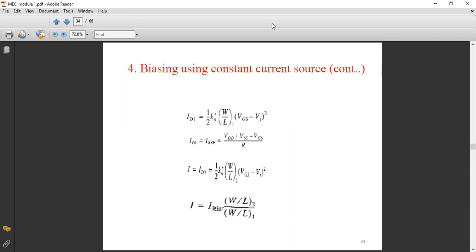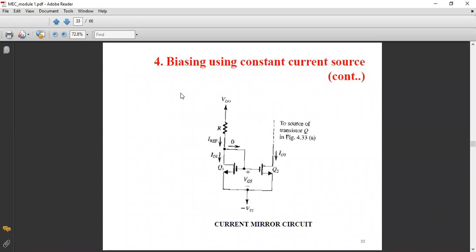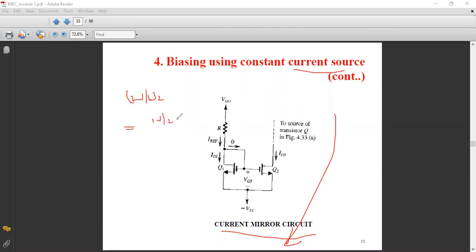Now, I told you that current mirror is a special case of current source. Even though generally you will call this a current source, still, because of some conditions, this circuit is also called a current mirror circuit. So when will this current source act as a current mirror? Only when the two MOSFETs are identical to each other in terms of their manufacturing criteria. That is, the threshold voltage should be the same, as well as the aspect ratios will be equal to each other. So please note this.